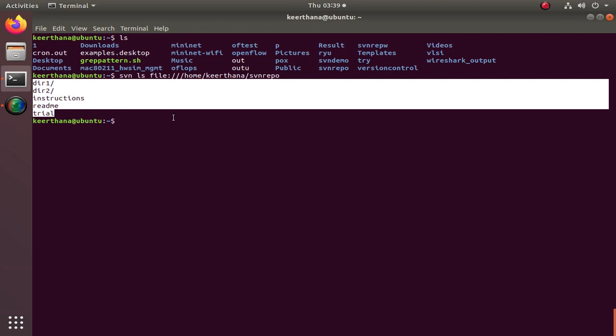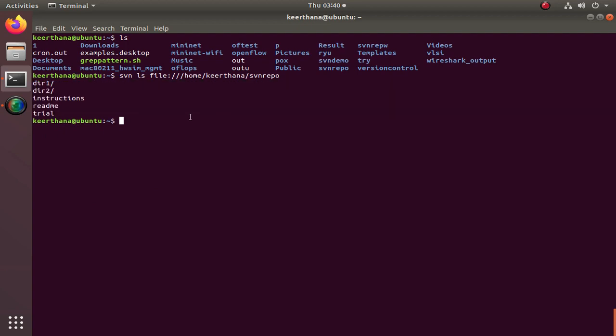In the repository, you can't do any modification. If you want to add some file or delete some file, you have to download the file to your working directory. Then you can do all your modification and you can update. The repository is a place to store. You can't do any modification or perform any other operations there.